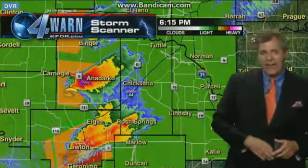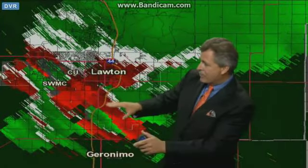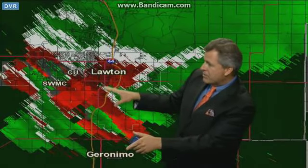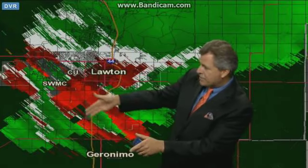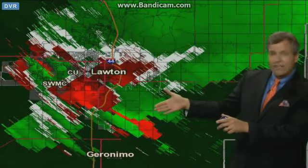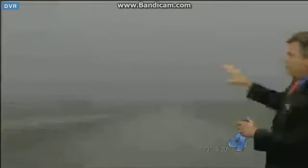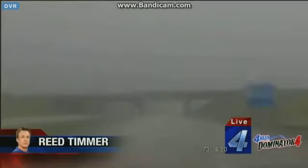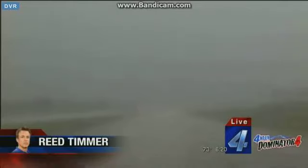Let's go ahead and take a look at that on the South Doppler and the velocity here live. It's going to be 2.5 to 4.5 miles north of Geronimo and 2.5 to 4 miles south of downtown Lawton, the center of that spin, and that is tornado vortex spin right there. So I'm somewhat surprised we at least don't have a funnel cloud coming out of that wall cloud. Let's go over to Reed's stream. He's coming out of the rain right now. You can see some definition here starting to show up. And Reed, I'm a bit surprised that we don't have a funnel cloud, at least looking at velocity. Tell us what you have. Yeah, I'm just about to come through the rain right in front of the Comanche Nation Casino, so the circu